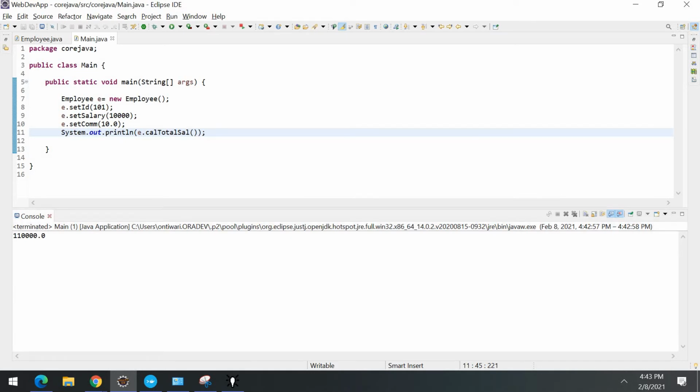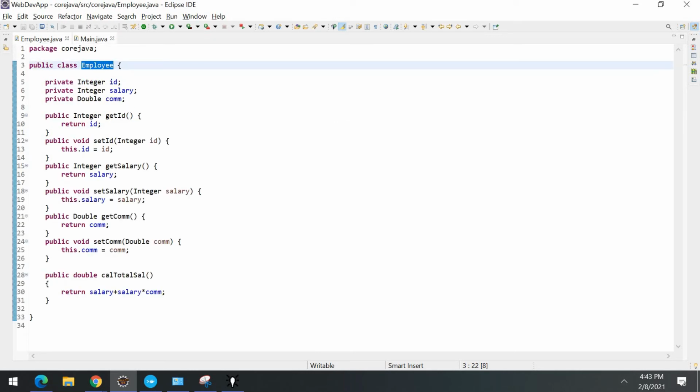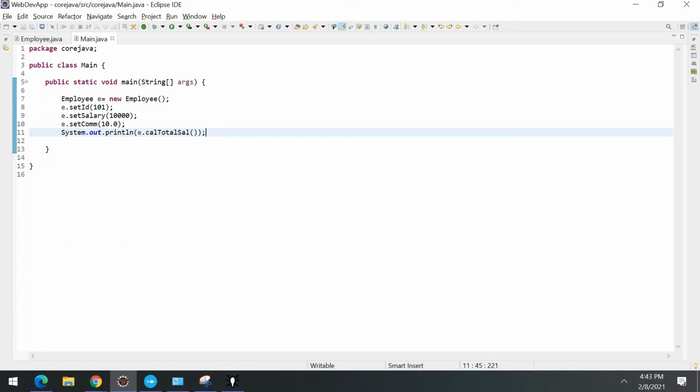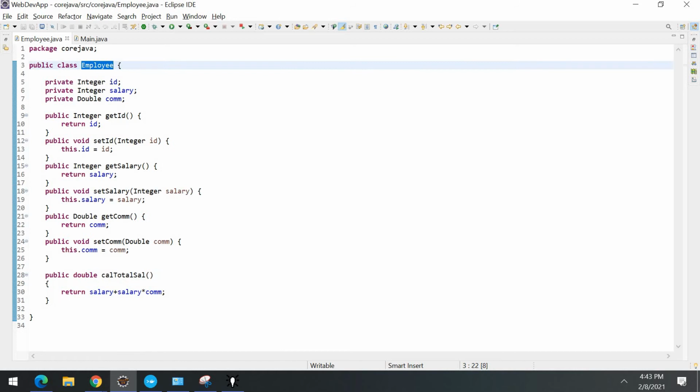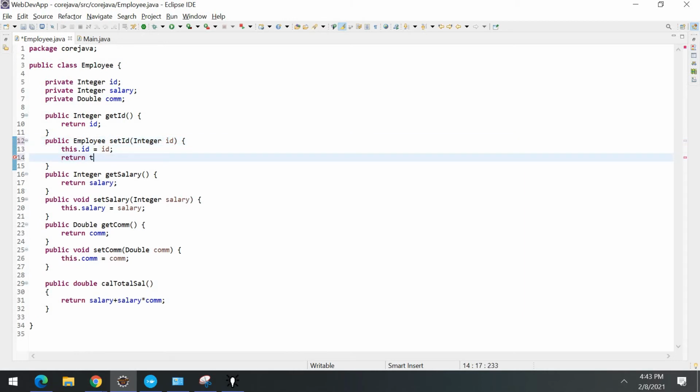Now, this is a simple program in which we are using setter methods, and simply we are calling them. But in method chaining, we will not call these methods one by one. We will call them in a single statement. How will we do that? First, wherever we are doing a setter, here the return type is void, but we will not do this. We will return the class type, I mean the object type, here. And also simply write here return this, right? For all the setter methods you will have to do this. So we have one setter method here, and another one here, and the last one here.